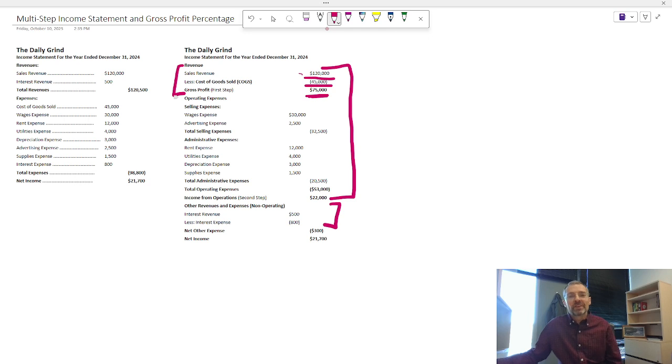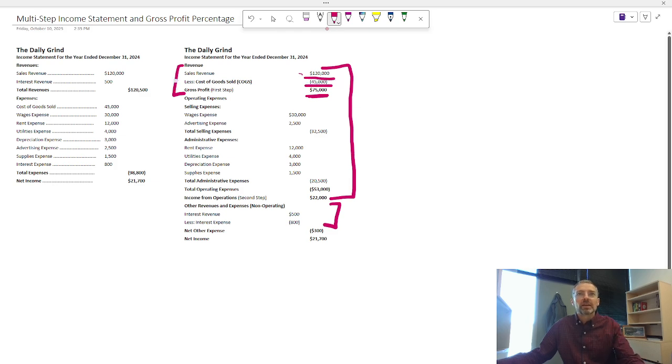And gross profit is a very important number to look at. This better be positive, or you're probably not a very good business person. Meaning that, for example, if you bought some tablets for $350, I sure hope you're selling it for more than $350. Otherwise, it is impossible to make any money. So that's what this is showing. It's also showing what is our markup on our goods. So if we bought our goods for $45,000 and sold it for $120,000, that's a pretty good markup. We're going to look at a ratio that we can use a little bit later to analyze that.